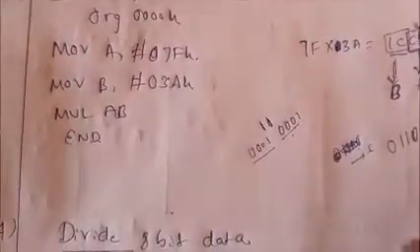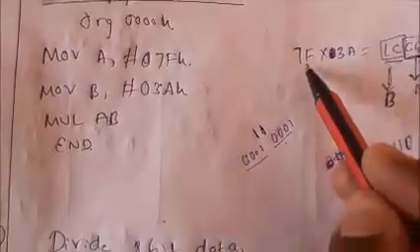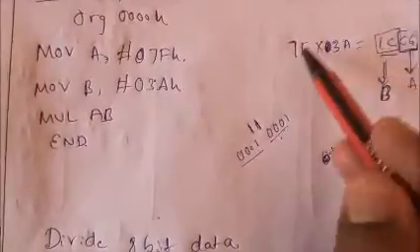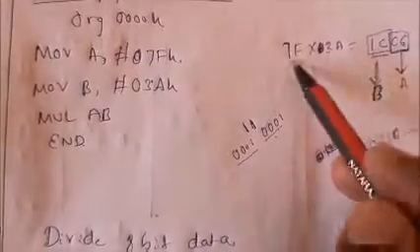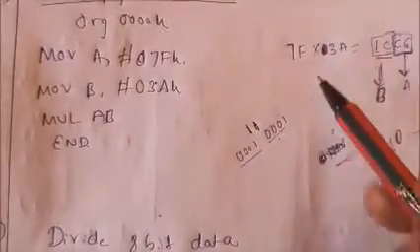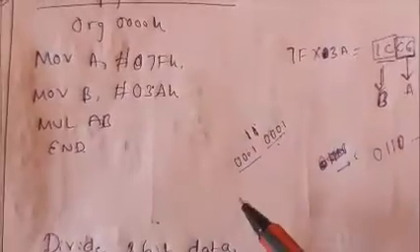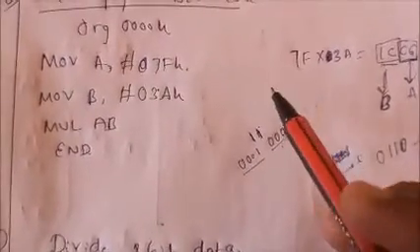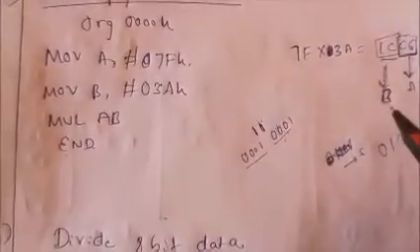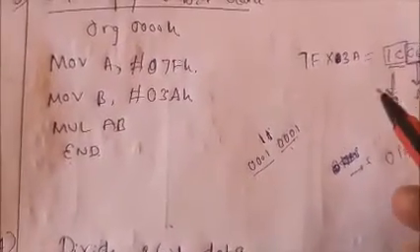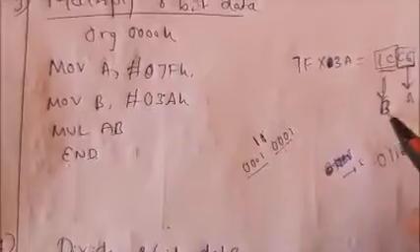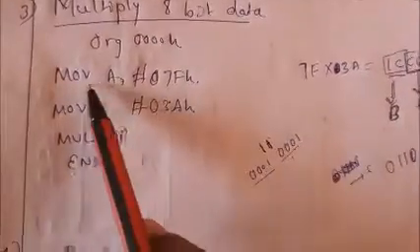So how to write the program? The program is very simple. First understand this logic, then your program becomes easier. Here two numbers are there. I need to load one number into one register and the other number into another register. But in multiplication, you already know that I should use only registers A and B. If you use other registers it becomes wrong.